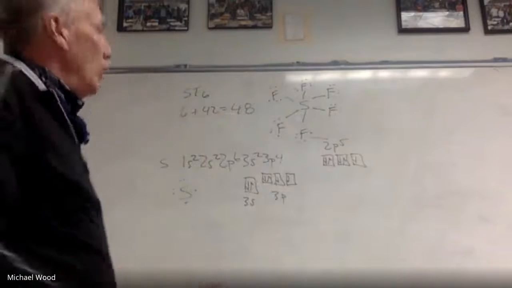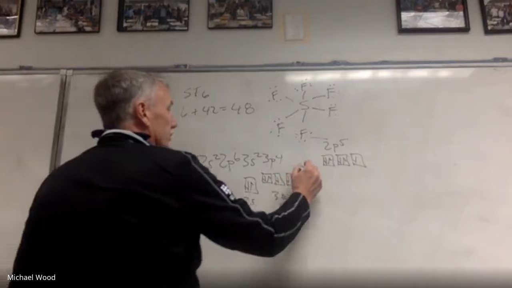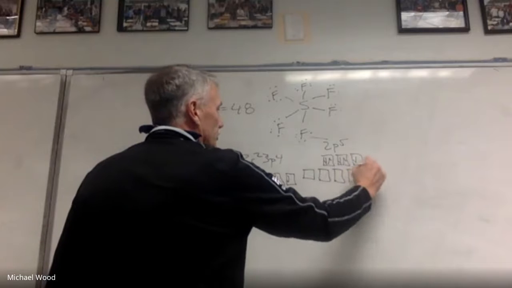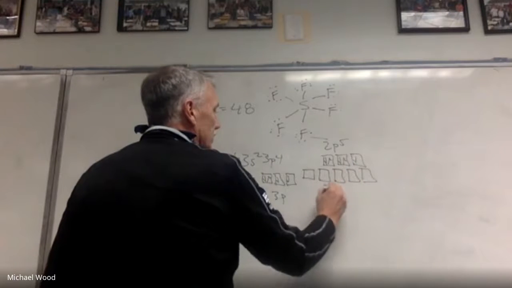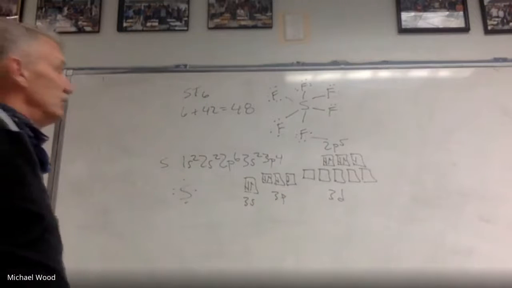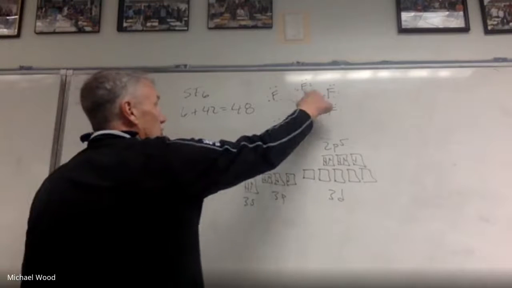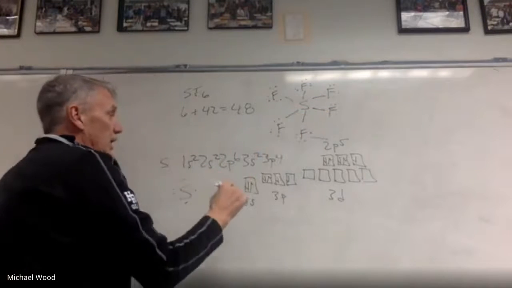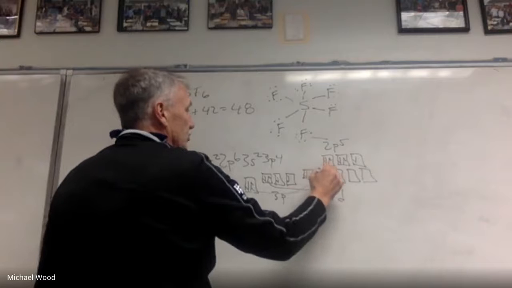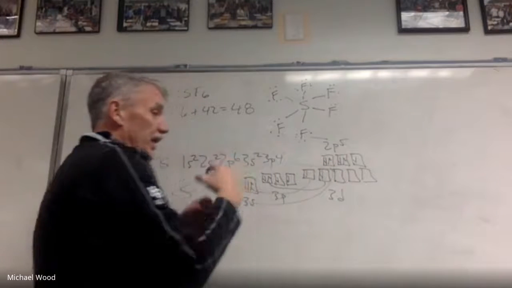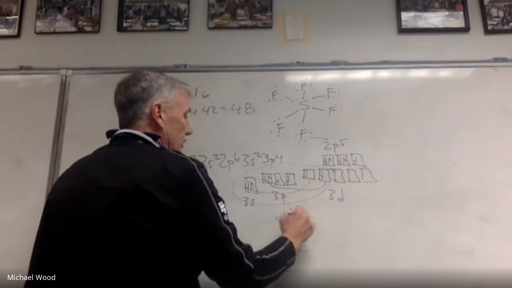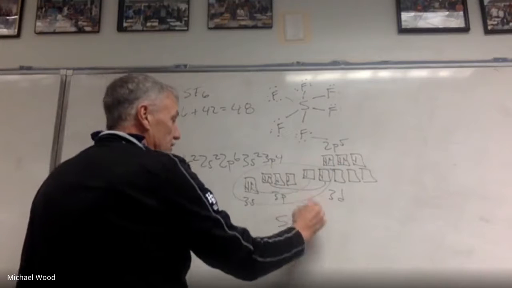And so what happens here is there's available d orbitals. Just like in the one I did last time with phosphorus, there's all these d's. So here are the 3 d's. It's got to be in the 3rd row or below because we got to expand into the d's. And because it's got 1, 2, 3, 4, 5, 6, it's forming 6 bonds. We're going to promote here and we're going to promote here. So we're going to end up with this. And so these are then going to hybridize again. They're going to cross. They're going to become equivalent. And so what we have is sp3 because there's three p's and then it's d2.